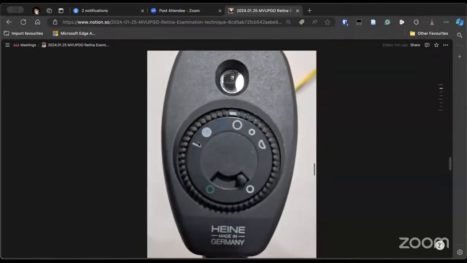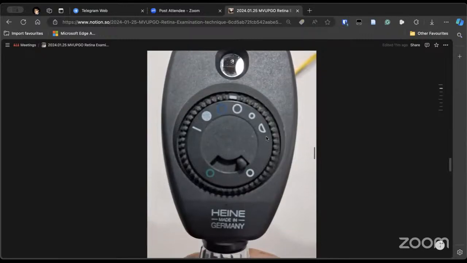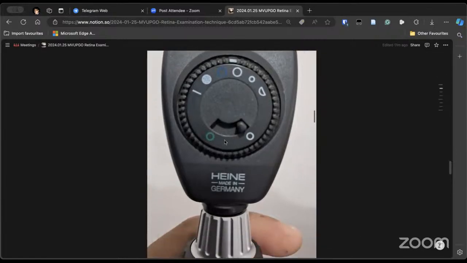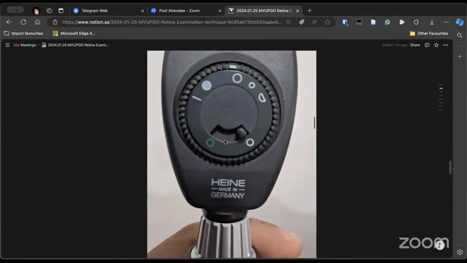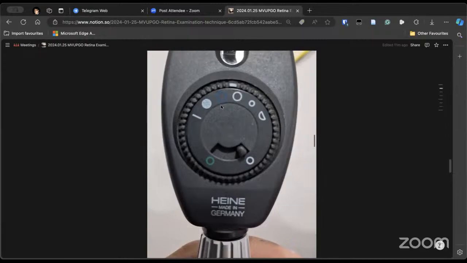And these are the various filters which are there: white, green, blue. There is a grid, and if you are starting with a small pupil, you can use the half circle also, for a small pupil. And there is a slit also. You can examine something in cross section. Can anyone tell us what is the use of this blue filter? It can be used with high plus lenses for examining the cornea for any aberrations after fluorescein staining.